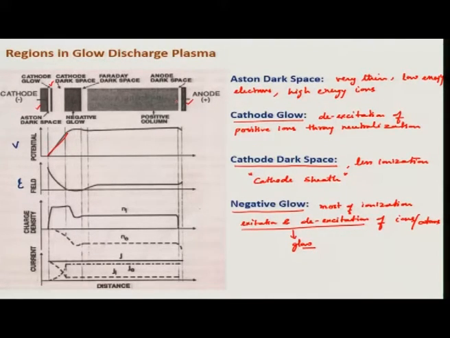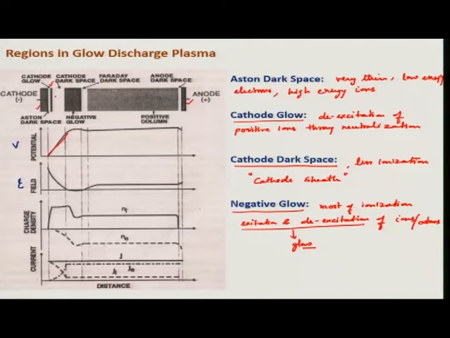As ions move towards the cathode, they gain more energy, and towards the anode there is also a small space called the anode dark space. So these are the regions of a plasma given sufficient separation between the two electrodes. If you narrow down the separation between these two electrodes, all these regions will still exist. The positive column will be reduced, or sometimes it may even be completely eliminated. All these regions will still exist.